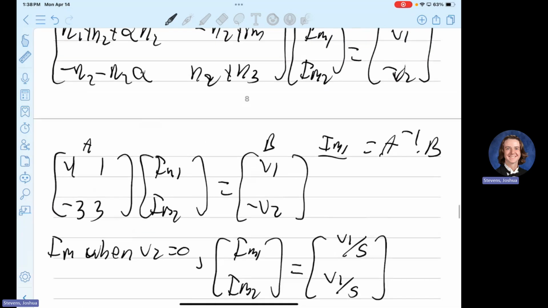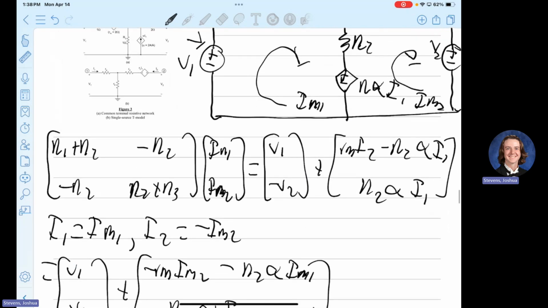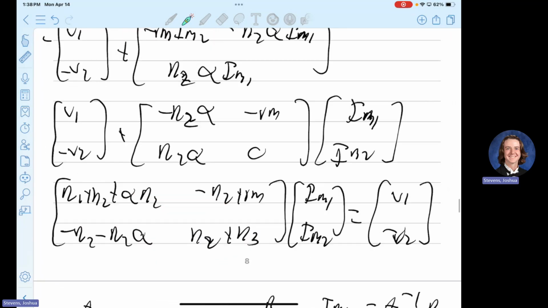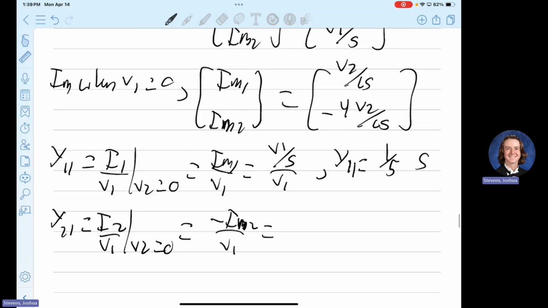Well, what is I2 in terms of nodal currents? I mean, not nodal currents, that doesn't make sense. Mesh currents. So negative or a positive? Negative IM2. So that then becomes negative IM2 over V1, which then equals, it's also when V2 is equal to 0, so